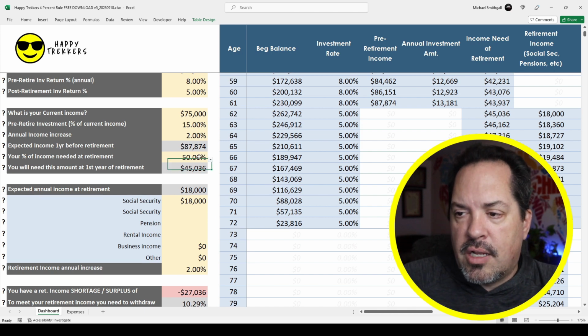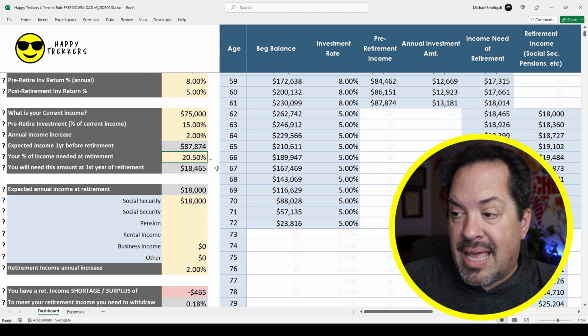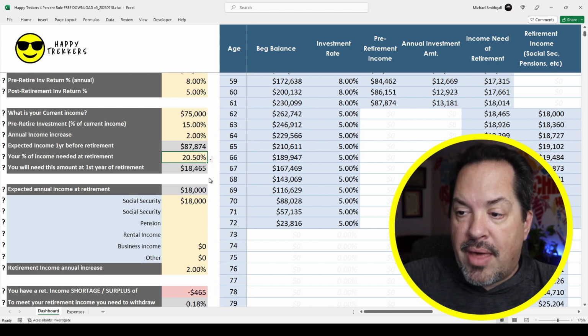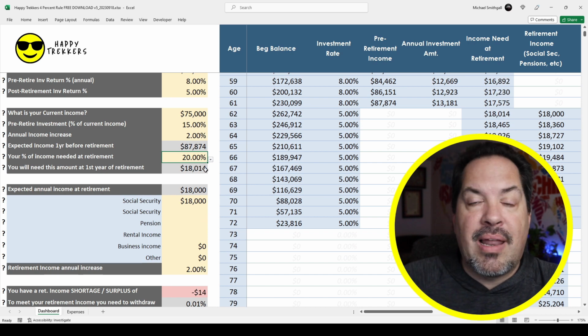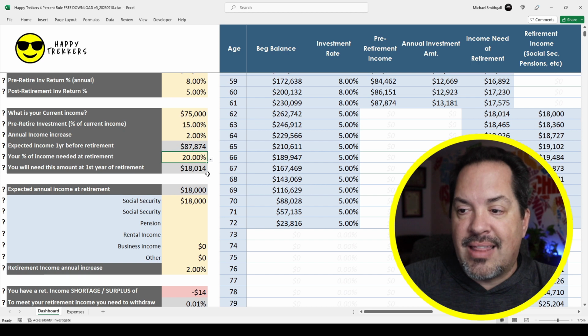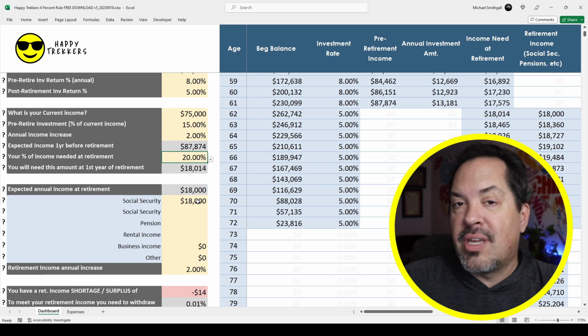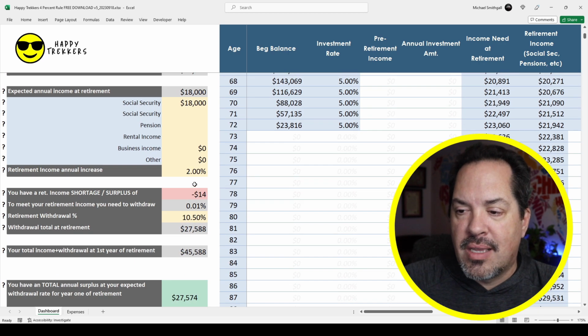So we looked at Chiang Mai earlier in Thailand, and it said there was a reduction of like 80-something%. So I'm going to say instead of the 50% or the 75%, if I move to Chiang Mai, I could probably live on 20%. Actually, it was a little bit more than that, I think, but I'm going to be a little conservative. I'm going to say 20%, which means I only need about 18 grand that first year, $18,014. I'm pulling in 18 on Social Security, which means I actually have just a tiny little bit of a deficit here, which is less than 1%.